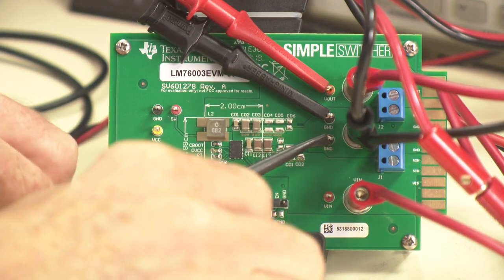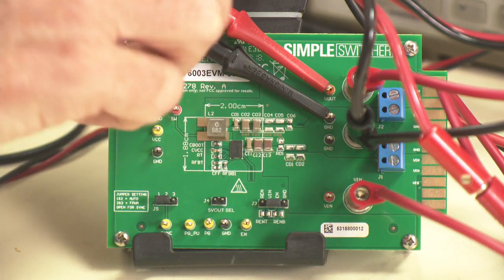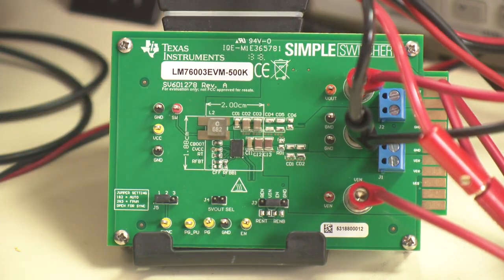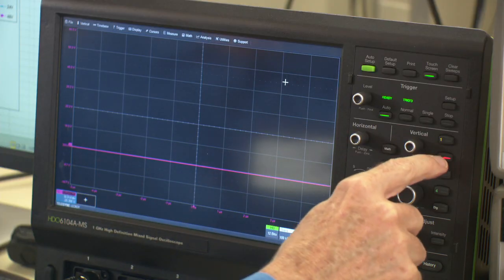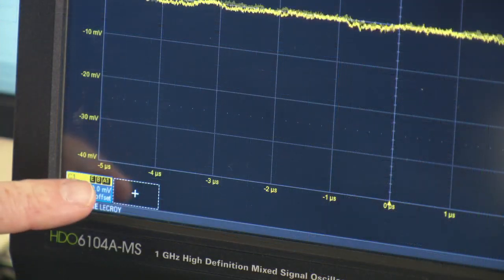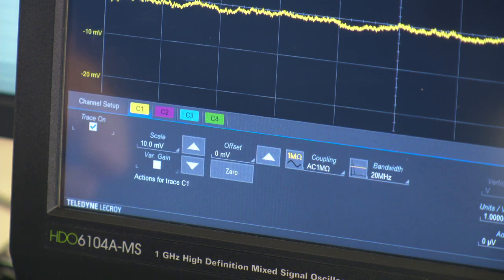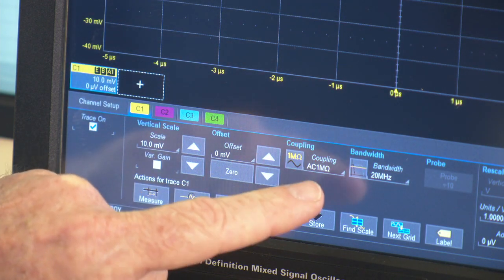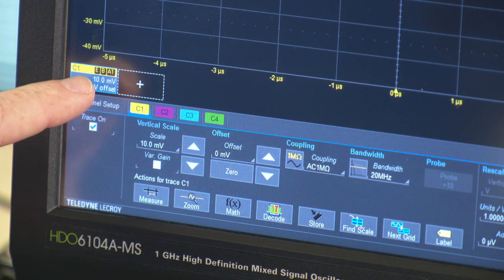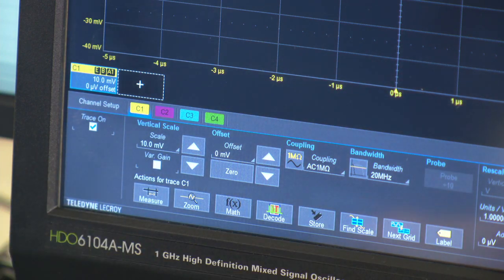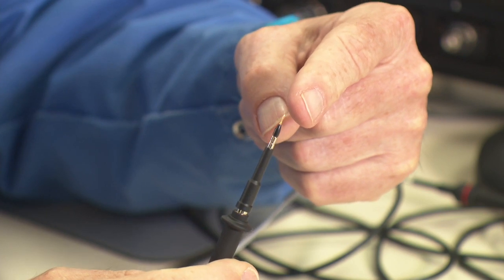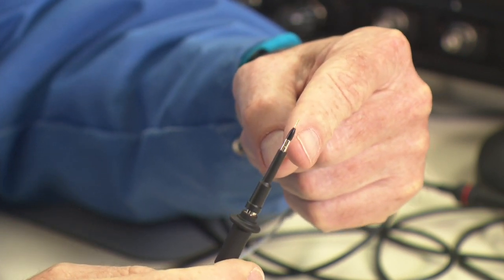Now for output noise, I always recommend taking off any unnecessary probes. So I'll pull off the voltage probes. Okay, we'll turn off channel 2 and we'll use channel 1 for this measurement. We open up the menu for channel 1, verify that it's AC coupled, and the vertical scale is set at the lowest level, 10 millivolts per division in this case. Today we'll be using the tip and barrel method, where we touch the tip to the output voltage and the ring to the ground.